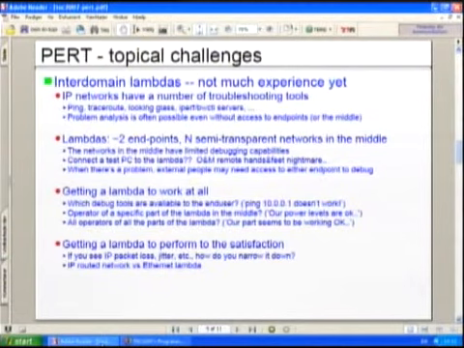And now, if you manage to get the Lambda to work, it might be that there are some issues in getting it to perform to satisfaction, as was mentioned in the earlier presentation. It might be that there's some minor packet loss somewhere, well, usually packet loss is the primary thing. There could be some jitter and so on. And how do you narrow it down? It depends,